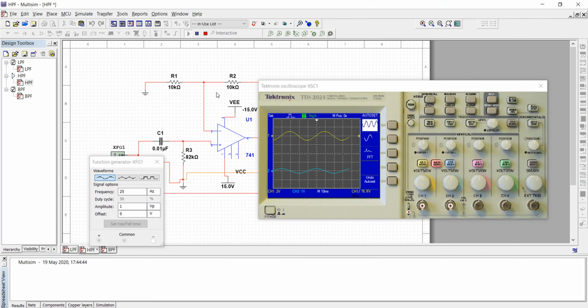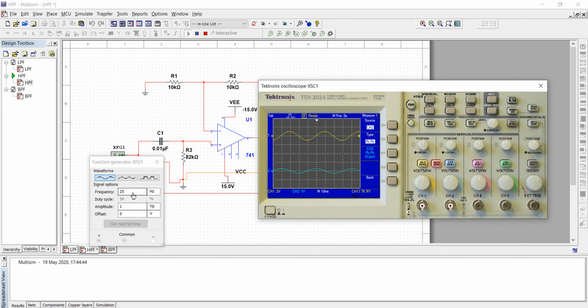So the input and output waveforms are observed on the oscilloscope. The output value is of very low amplitude compared to the input. If we go to the measuring part here, for channel 1 the peak to peak value is 2 volts, and if we move on to channel 2, the peak to peak value is 512 millivolts. So we will just observe this particular part here.